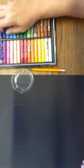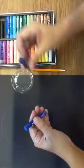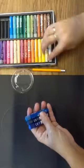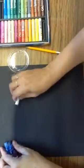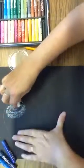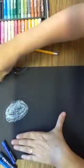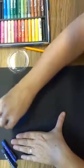Now the nice thing about blending with oil pastels, you have different shades of colors. So I can pick out a dark blue and a medium blue and a light blue and a white for the reflection. I'm going to use the same direction, light's coming this direction, so the light area is going to be here, and I'm going to start with a light coat, just kind of using the side of the oil pastel, a light coat of the white, and then I'm going to switch to the mediums